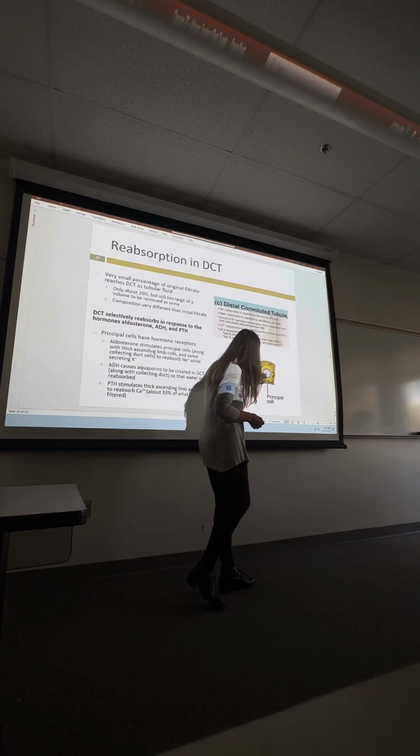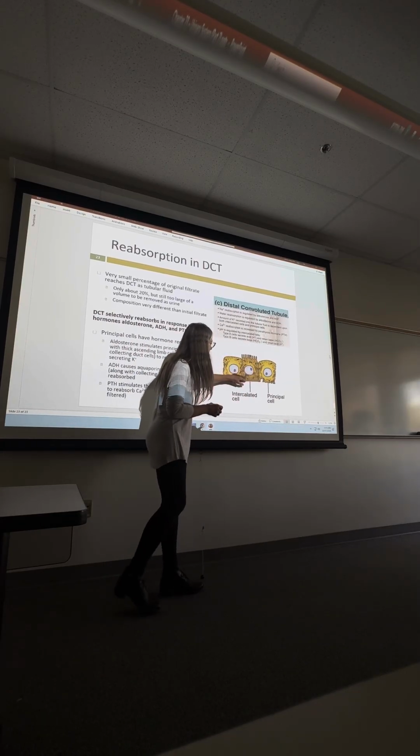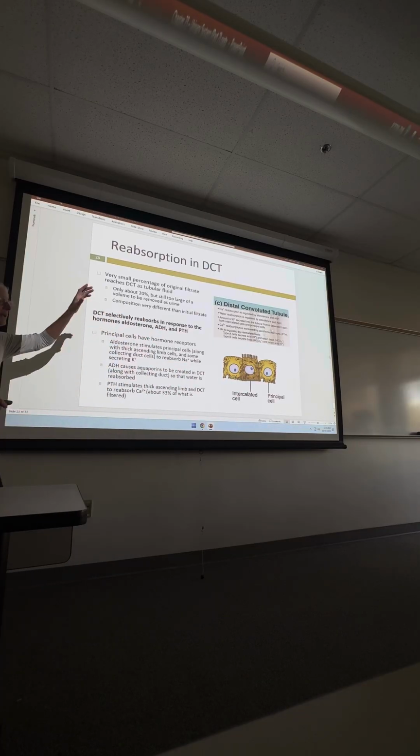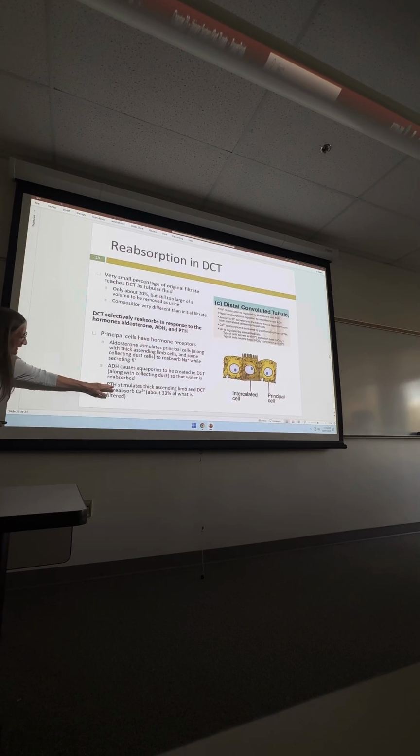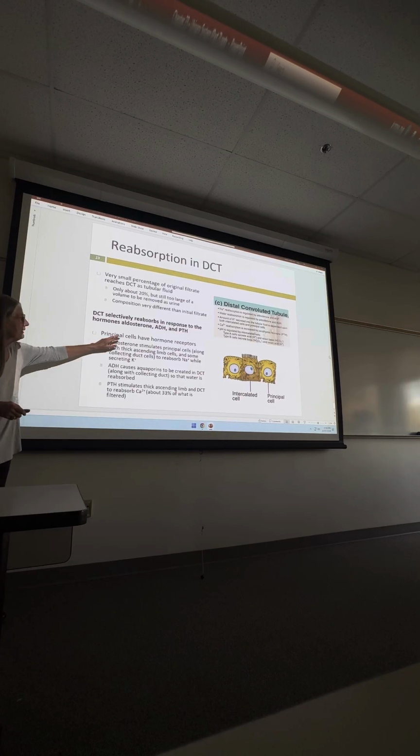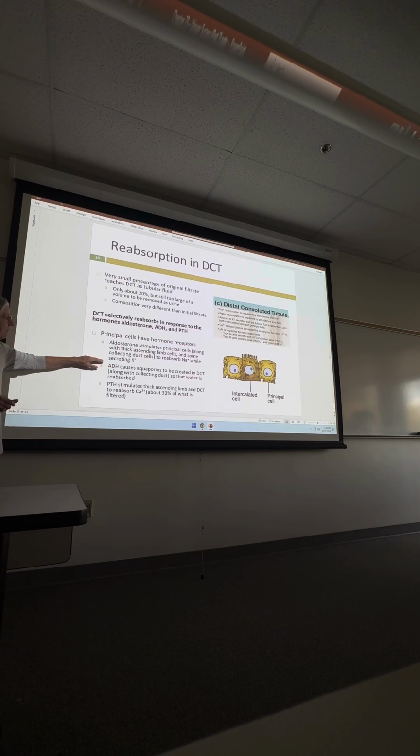So we have these guys called principal cells, and we have these intercalated cells, and the principal cells along the distal convoluted tubule and the collecting duct are going to be responding to aldosterone and ADH and PTH. So let's talk about it. Principal cells receive this hormone aldosterone, and what does aldosterone do? It says to reabsorb sodium, while getting rid of potassium, because our potassium levels are high inside our cells, our sodium is high outside our cells, and we must maintain that difference for all of our